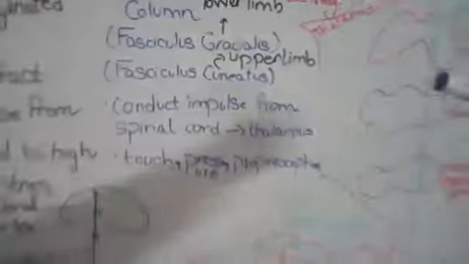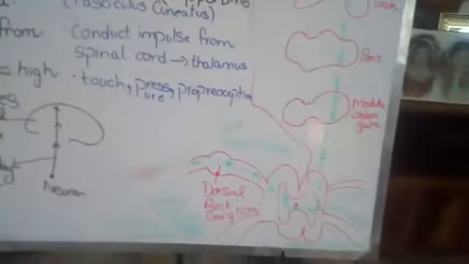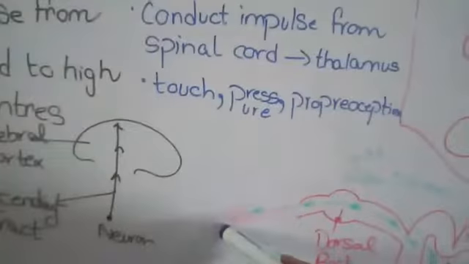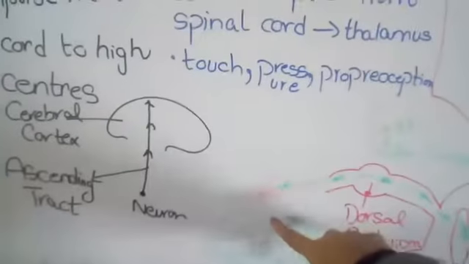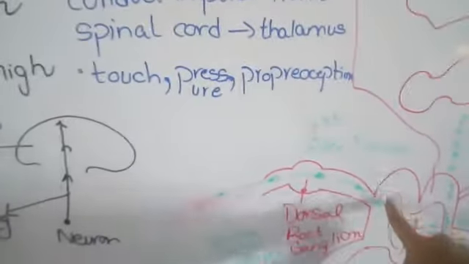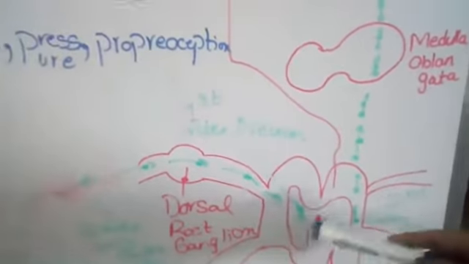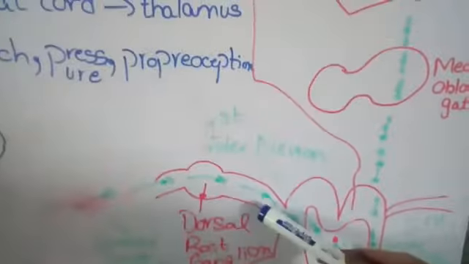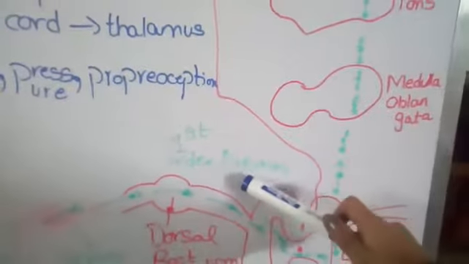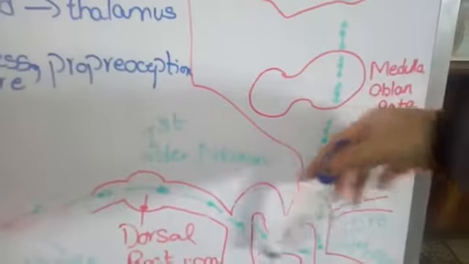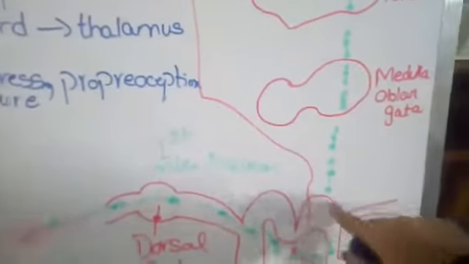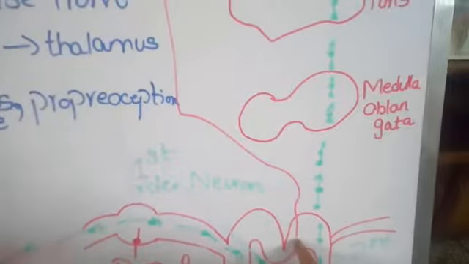So now let's give an example from the lower limb. Obviously, if you want to move your leg, the receptor stimulated fasciculus gracilis will enter into the posterior horn of the spinal cord, passing through your dorsal root ganglia, and enter into the gray matter of the spinal cord. On entering the gray matter, these neurons are also called the first order neuron. From here, the first order neuron is going to decussate, move to the other side, and cross over to enter into the white matter. On entering the white matter of the spinal cord, they are called the second order